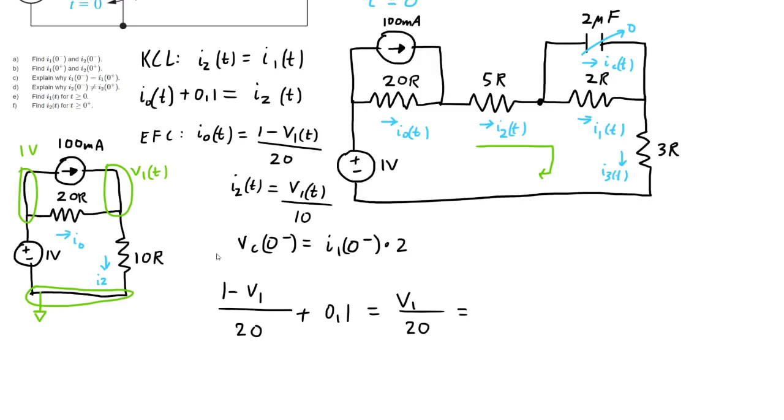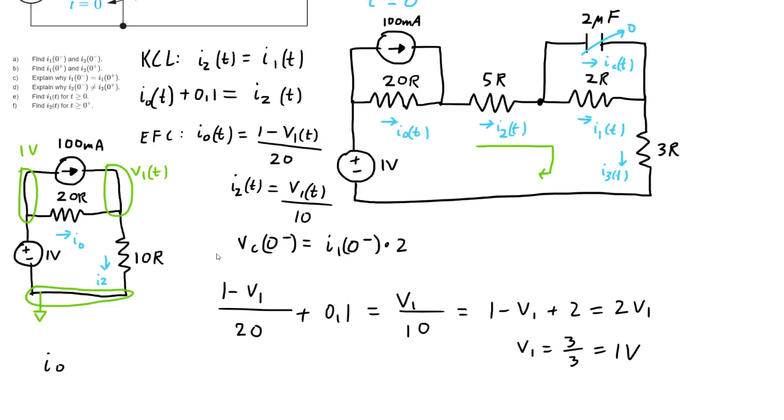So multiply everything, not 20. This is 10. Multiply everything by 20. That becomes 1 minus V1 plus 2 equals 2V1. Move the V1 to the other side, divide by 3. So V1 equals 3 divided by 3, which equals 1 volt. So if V1 equals 1 volt,